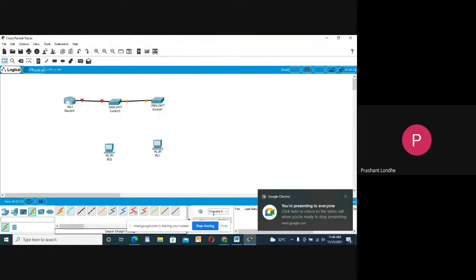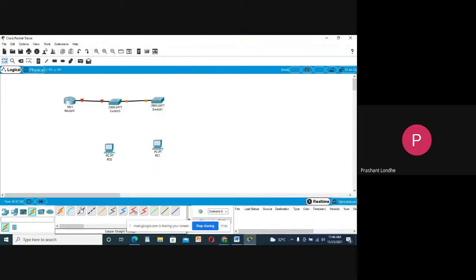Fast Ethernet 0/2 and 0/1, then 0/3, and 0/2. What I will do, I will write just the port names of all the connections over here. It is Fast Ethernet 0/1, F0/1.